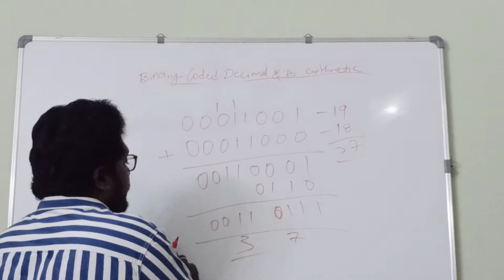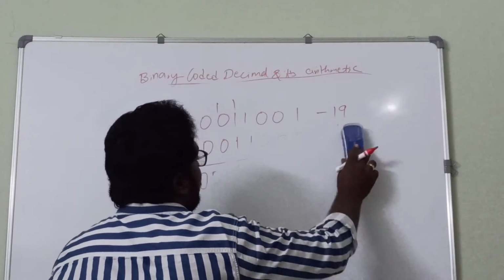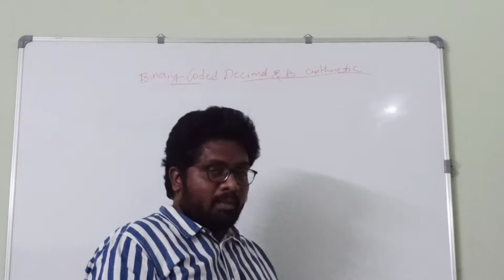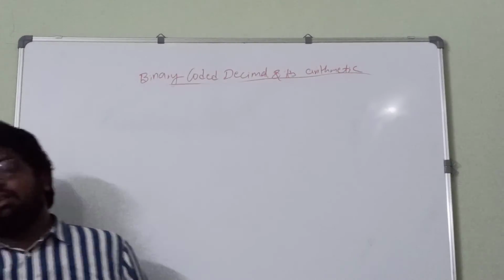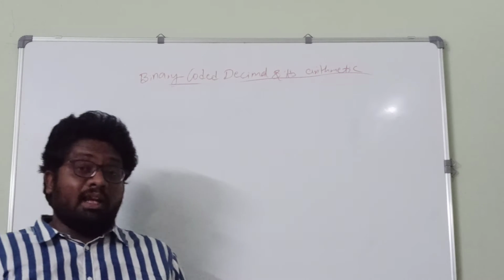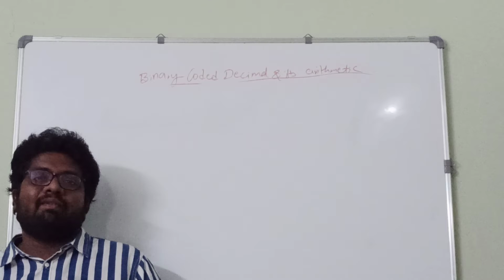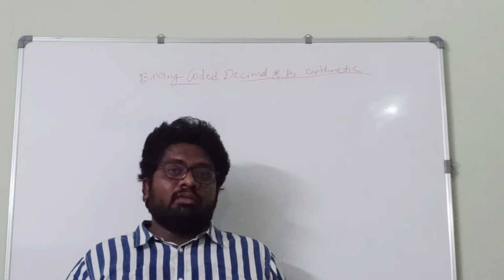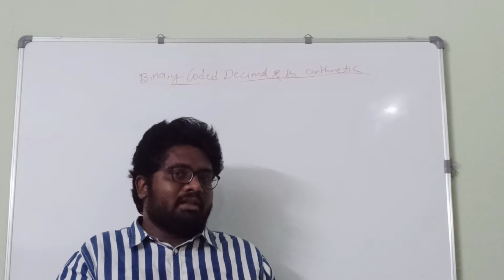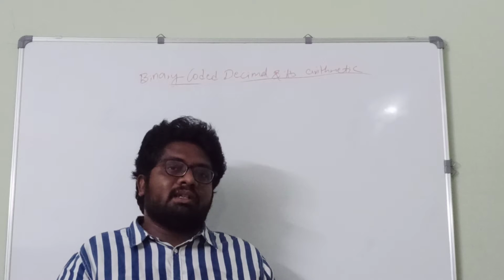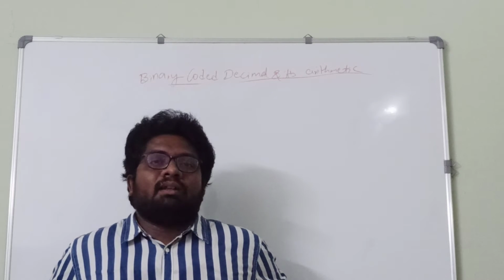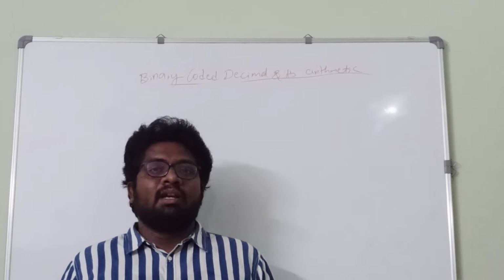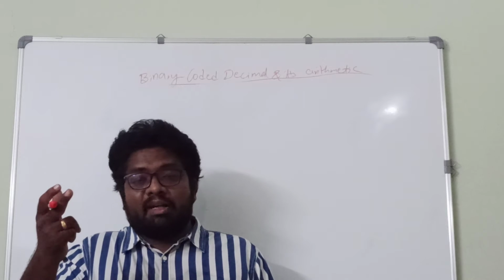In BCD subtraction, we will be using the 9's complement and 10's complement exclusively. And in BCD subtraction also we will be having some rules. For example, let us take the tens complement representation. The first rule for performing BCD subtraction by using the tens complement representation is that we need to add the tens complement representation of the subtrahend